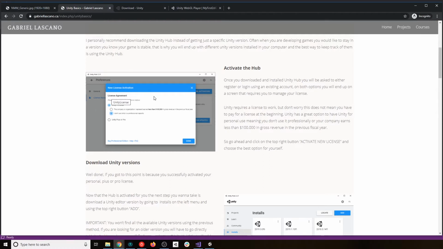So for you guys, here is as well the picture and how to set up your license. It's pretty easy. Once you open the hub, it won't let you go through because you need to activate your license. So it will take you right away to the license management. If not, as you can see, you will see the general and the license management tab. You will be able to activate your license. Once you get here, it's gonna ask you if you wanna do the Unity Personal or a Unity Plus or Pro. The Unity Pro will give you access to some extra features in the engine if you wanna pay the license, like the seats,